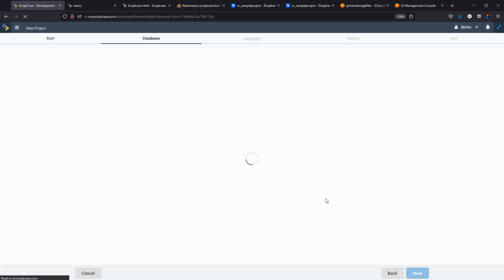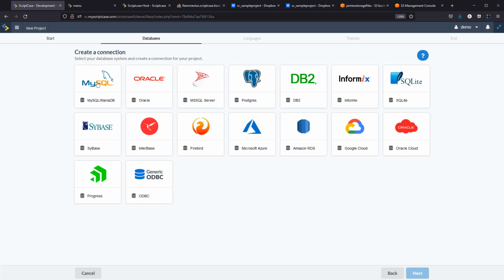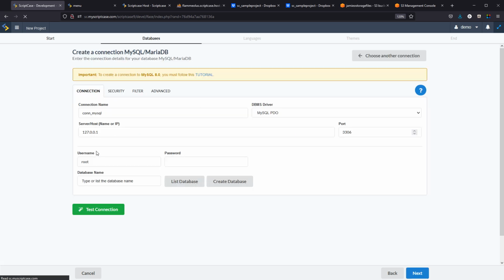Okay, so I need to choose now the database, and as I said, I'm using the online version of Scriptcase, and with that I will also be using an online database, which I have just shown you, the database fields as well as the tables, and that is then a MySQL database. So I choose here MySQL, and then what I need to do is copy and paste my username and password in here,